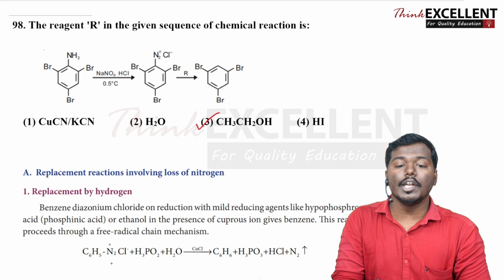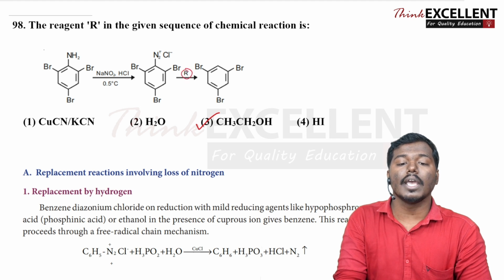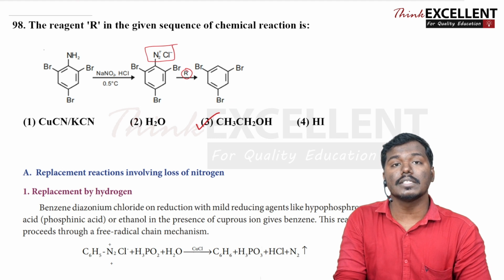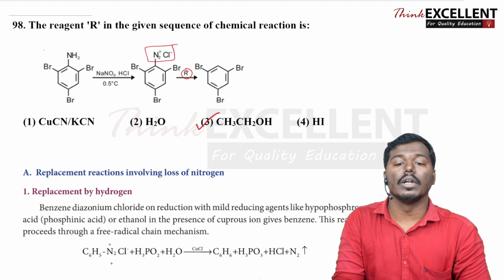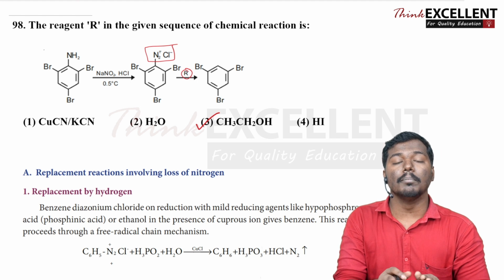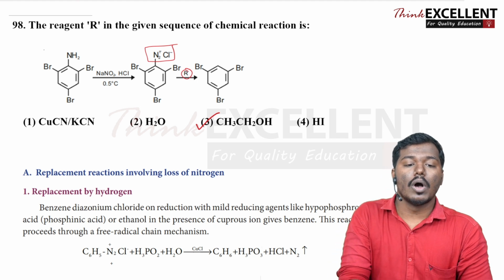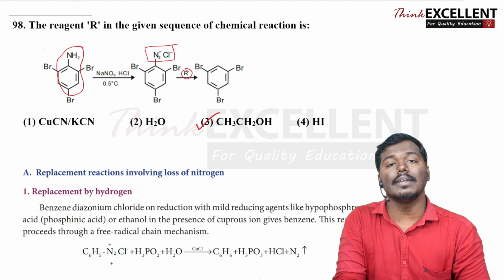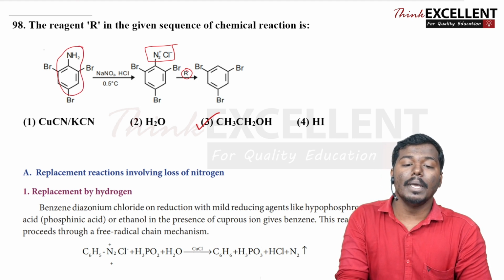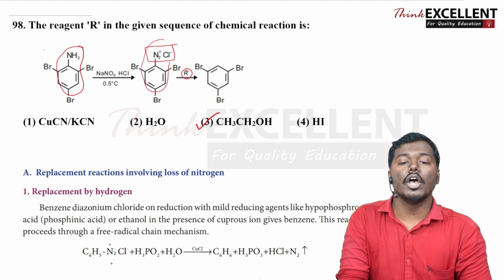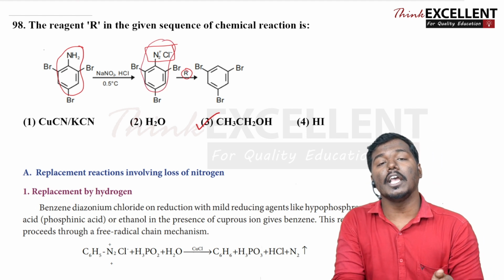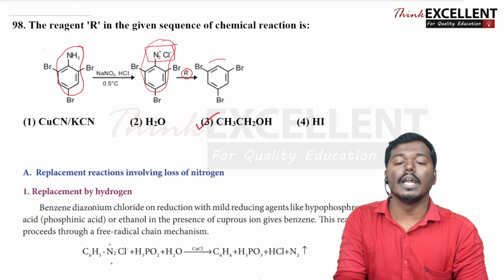When it is treated with this reagent R, you can see that this N2Cl is getting removed, you are getting the tri substituted benzene only. Okay, right? அப்போ நம்ம ஜெனரலா இந்த bromine substitute விட்டுட்டு அப்ப அந்த ரியாக்ஷன் எப்படி நடக்குது அப்படினு பாத்தீங்கன்னா, aniline molecule இருக்கு. So aniline molecule, when it is reacting with the sodium nitrite and HCl, is forming the benzene diazonium chloride, right? So அப்ப benzene diazonium chloride ஏதோ reagent கூட ட்ரீட் பண்றாங்க, you are getting this benzene.